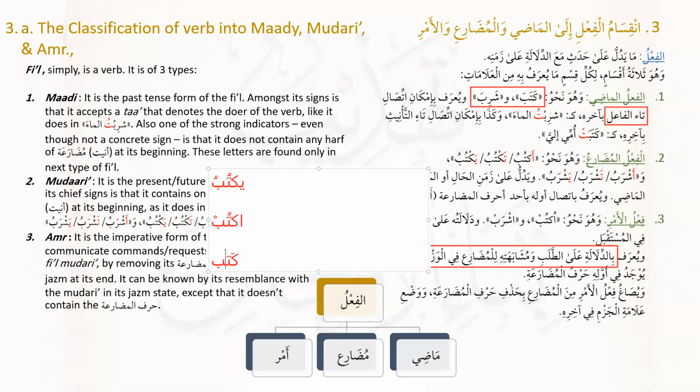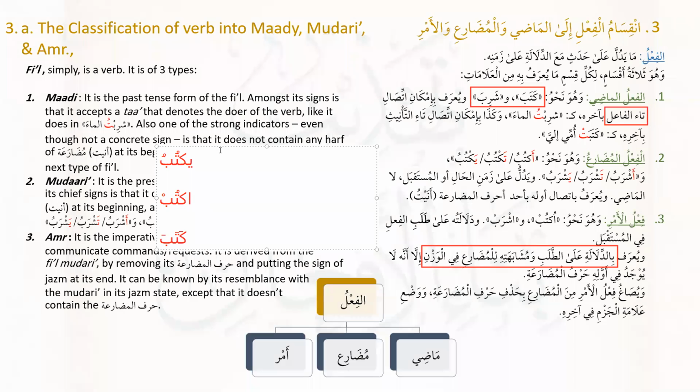This is different to اكتب. يكتب and اكتب are similar in the series of حركات that they have, in the pattern of حركات that they contain. إلا أنه لا يوجد في أوله حرف المضارعة, except for the fact that it does not contain